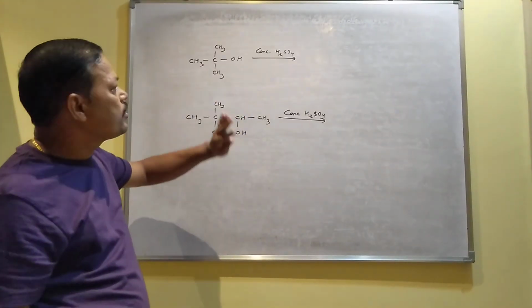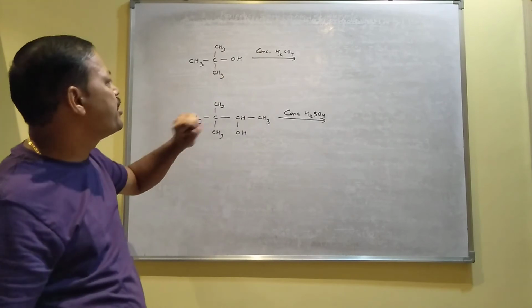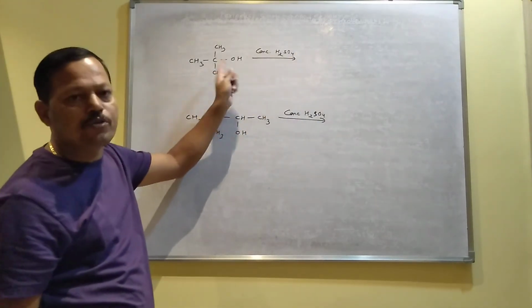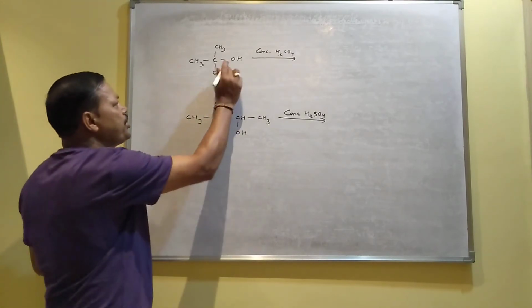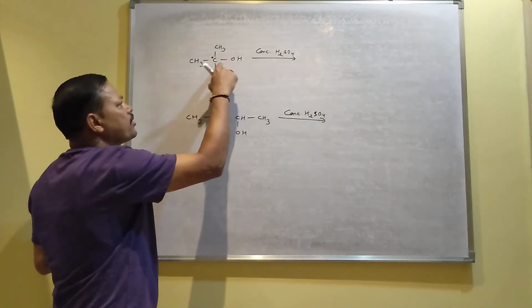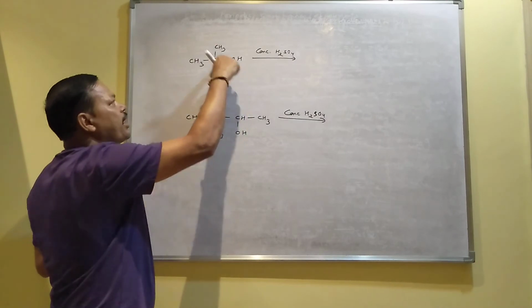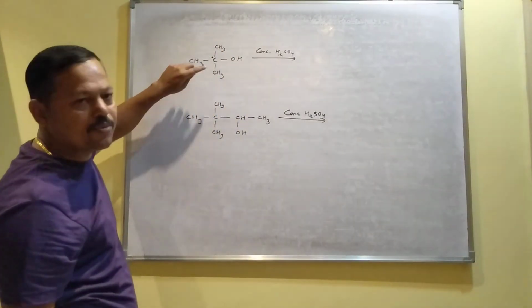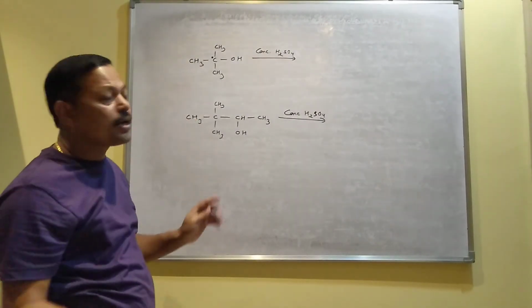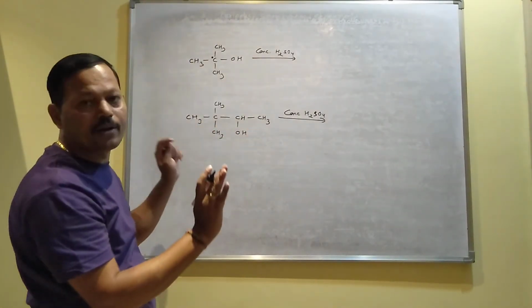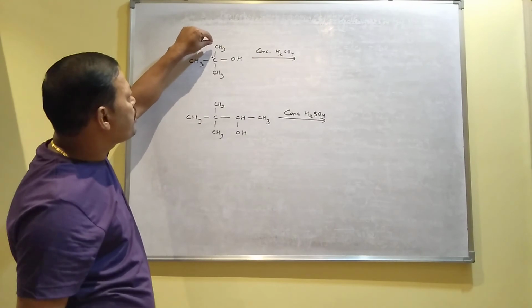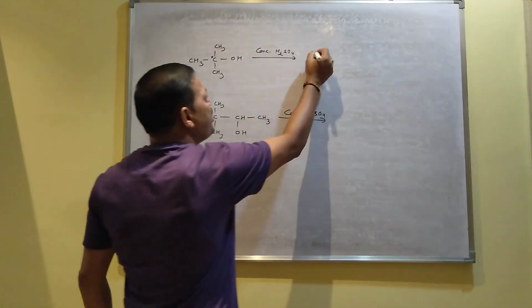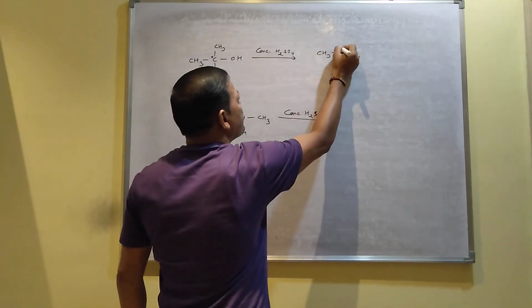This was the reaction in which you have to do the dehydration. This is an alcohol, this is also an alcohol. So what type of products will you get after dehydration? As you know, this carbon contains OH, so from this carbon OH will be released, and from the next carbon hydrogen will be released. The next carbon is this one or this one. From any carbon you can release the hydrogen. Will the product be similar or different? Whether you release hydrogen from this carbon or this carbon, you will get a similar product. That's why you can write any one like this.